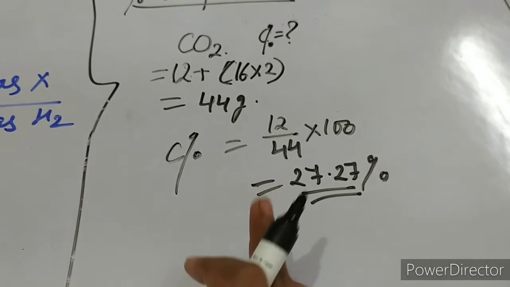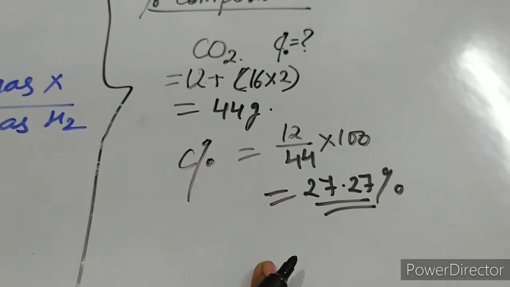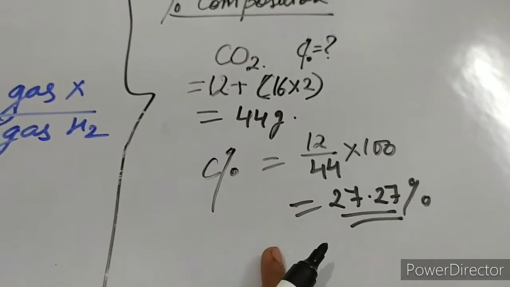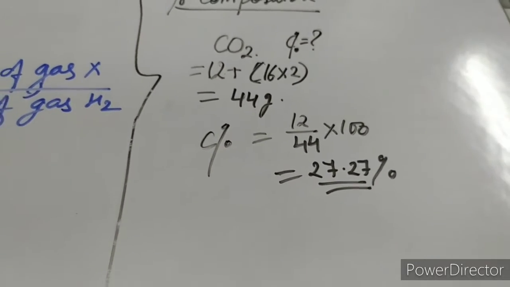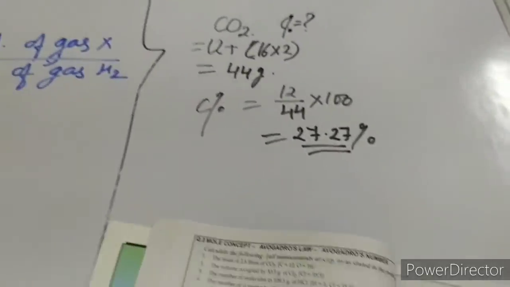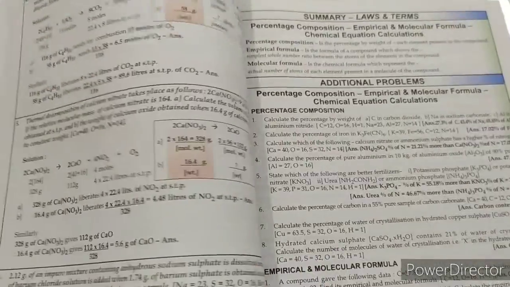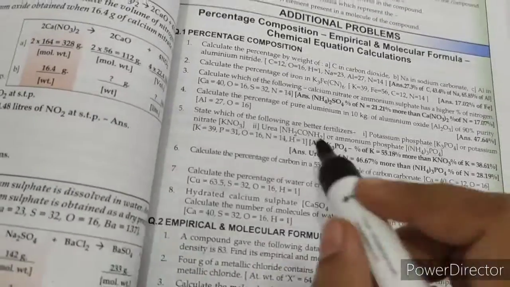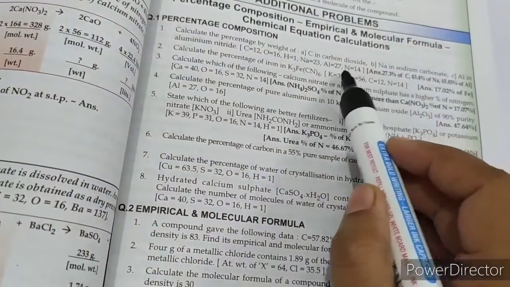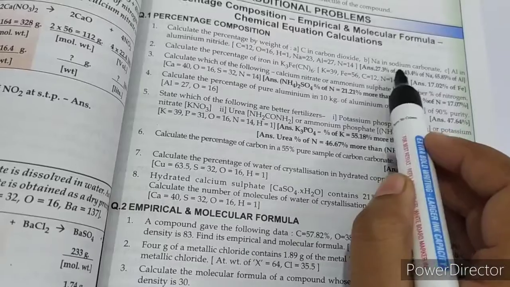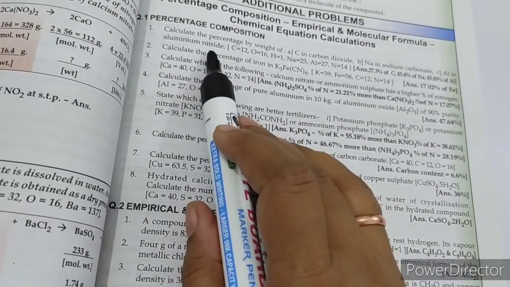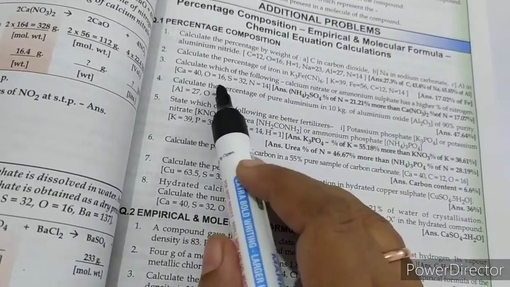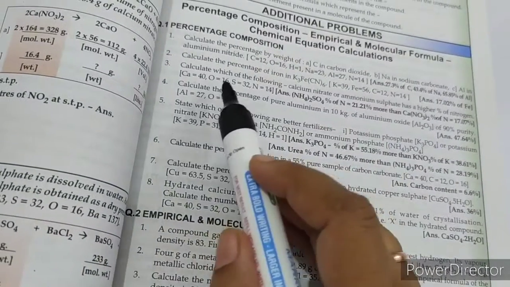In this you don't have to find the percentage of all the components in the compound. Here, the component that has been asked in the question, only that you will find. Now here you can see some different types of questions also that have been given in your book. Let's take one example from percentage composition. You can take question number 1. Carbon in carbon dioxide I have already done, sodium in sodium carbonate, and aluminium in aluminum nitride. Similar is the second question, and the third question, these all are similar.